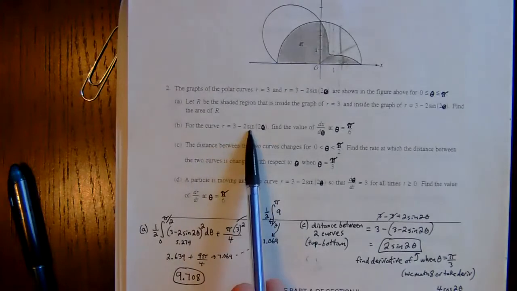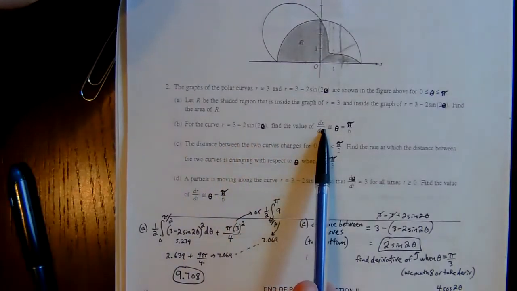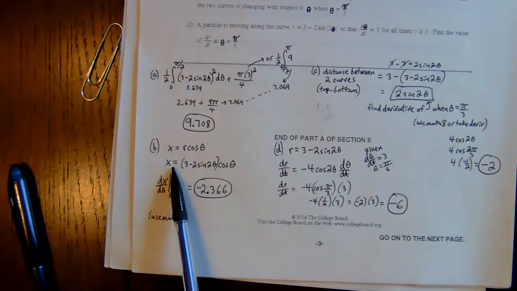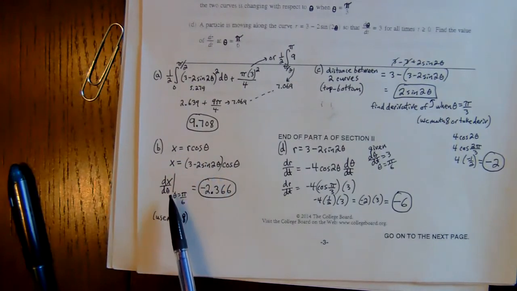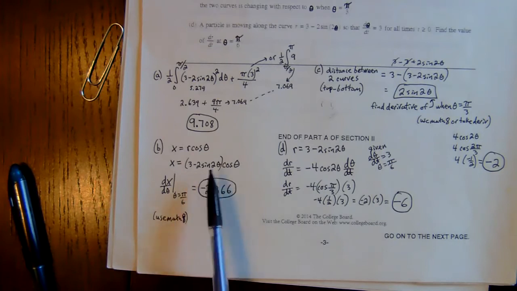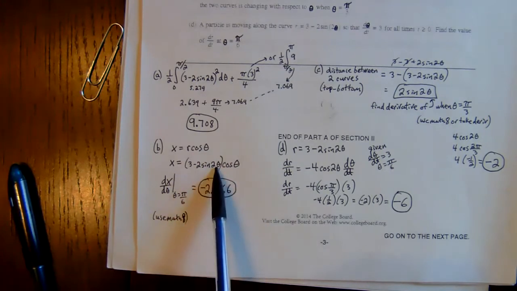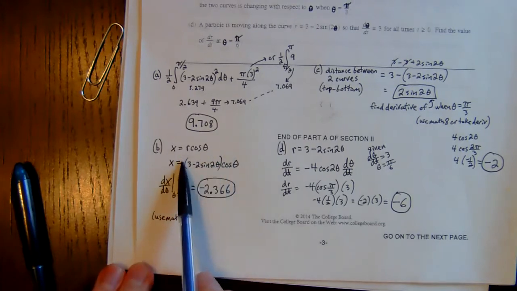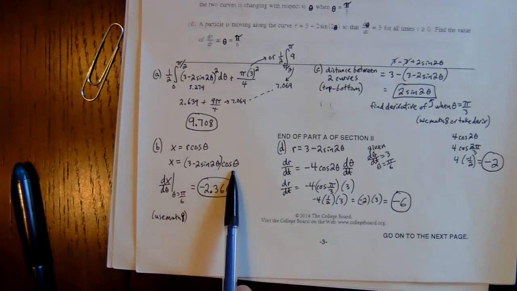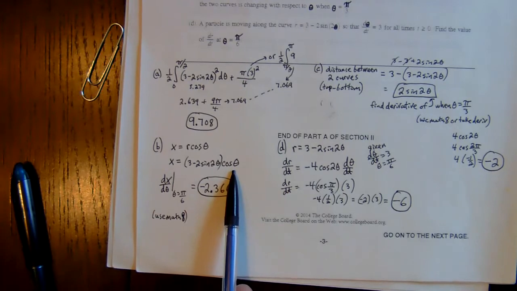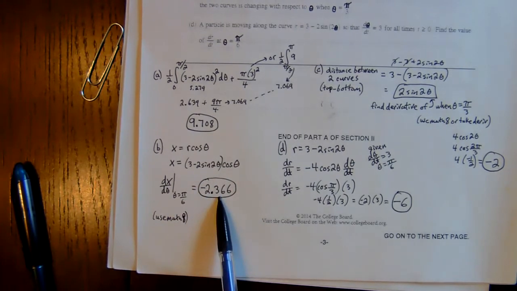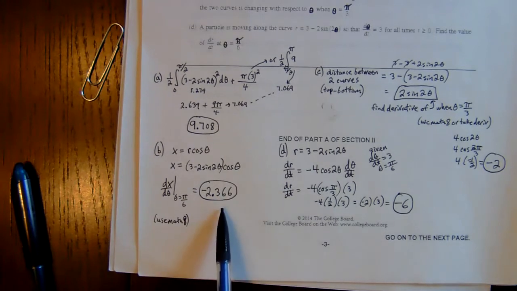All right, so it says for that r curve, find the derivative of x in terms of theta. So I start with x equals r cosine of theta, substitute the r, so I have x in terms of theta. And then what you can do is just use the math 8 function on this one, because you want to take the derivative of that at pi over 6. So if you hit the math 8 button, type that function in, just use x's, use your variable button instead of the thetas. At that pi over 6, make sure it's in radian mode. You should be able to come up with that, and then let me know if you're having any issues with